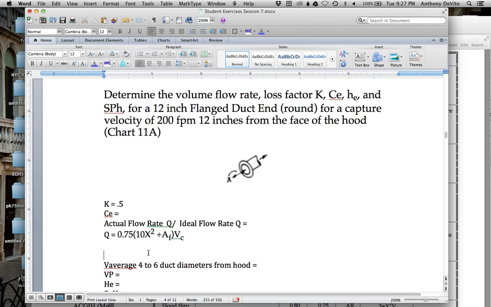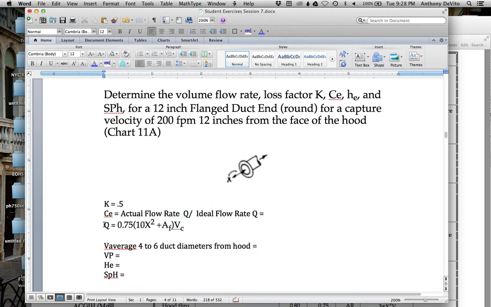Oh, what do you know? Let me do it. Okay. And there's just a summary of what CE is equal to, if you happen to want to know it. Okay, so Q is equal to 0.75